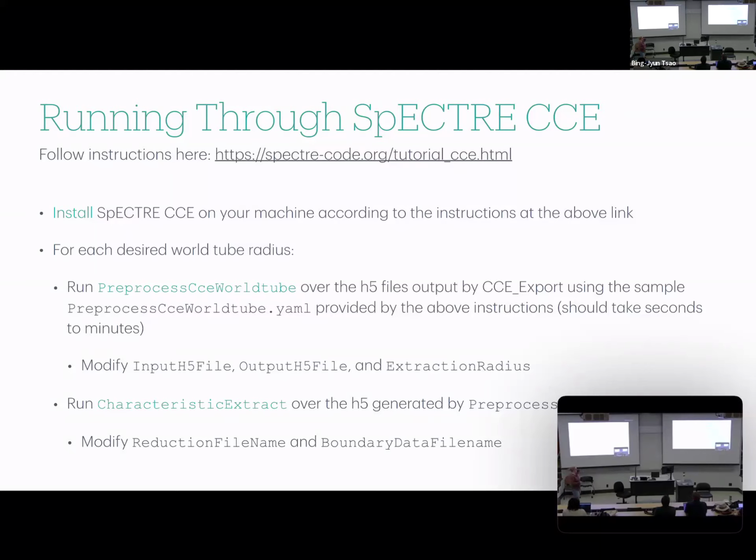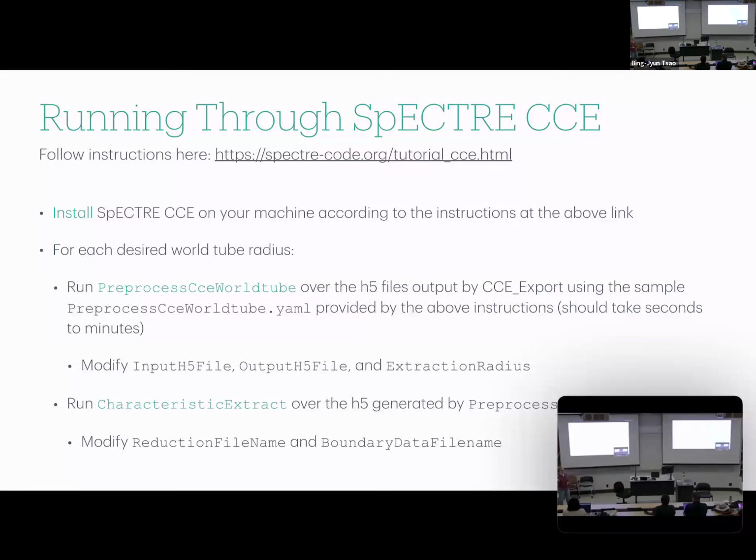And then ultimately for each of those world tube radii that you want to use, you're going to run this pre-process CCE world tube file executable that they have. And it's actually mildly frustrating because there's two different ways that you could feed the metric data into SpECTRE CCE, one of which is the format that I've provided, which is the metric data, the lapse and the shift, decomposed into spherical harmonics.